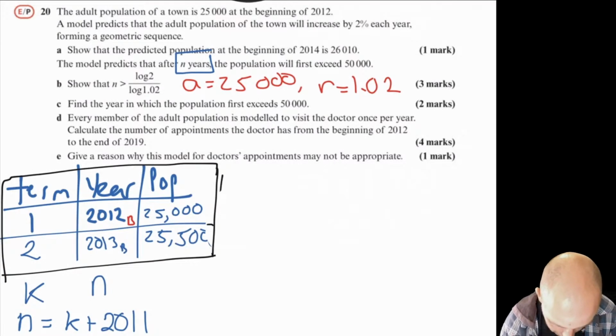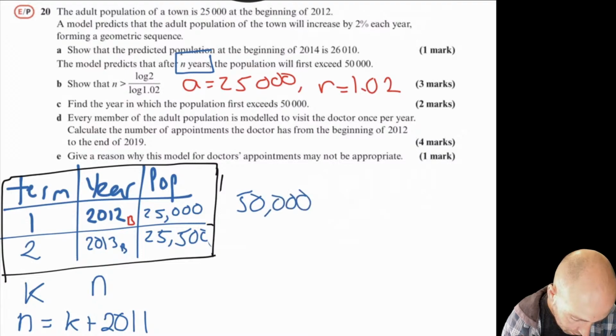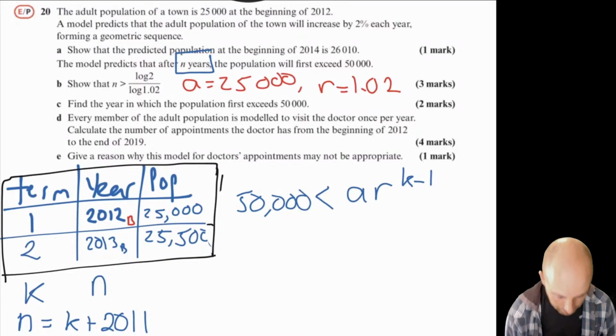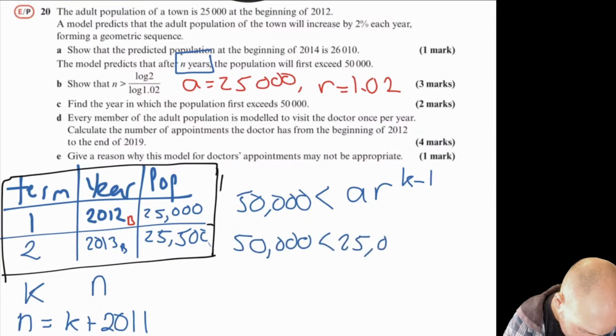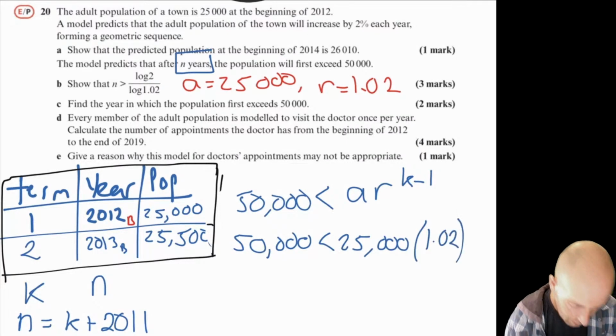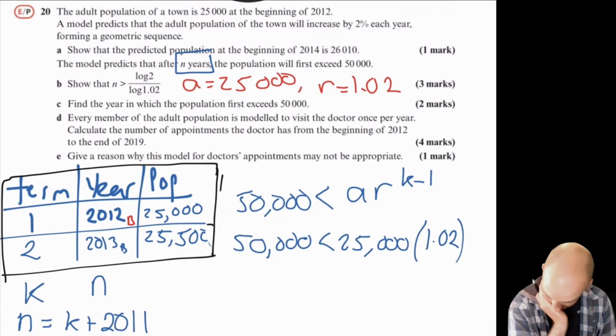So we want the population to exceed 50,000. So 50,000, we want our value to be greater than that. So this is a r to the k minus 1. Remember, I'm using k instead of n. Alright, so let's put in all of our values. So 50,000 is less than a, which is 25,000, r, which is 1.02. Instead of k minus 1,